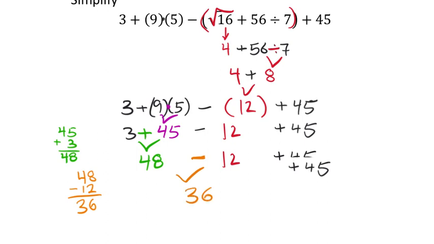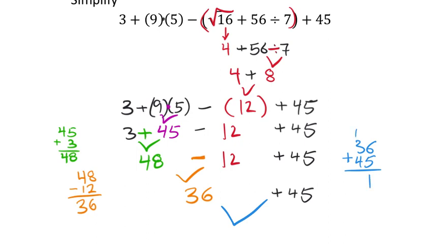And then last up, we've got to do the plus 45. So we'll do that work. 36 plus 45. So in the ones place value, 6 plus 5 is 11. Carry the 1 into the tens. 1 plus 3 is 4, plus another 4, 8. 1. So we end up with